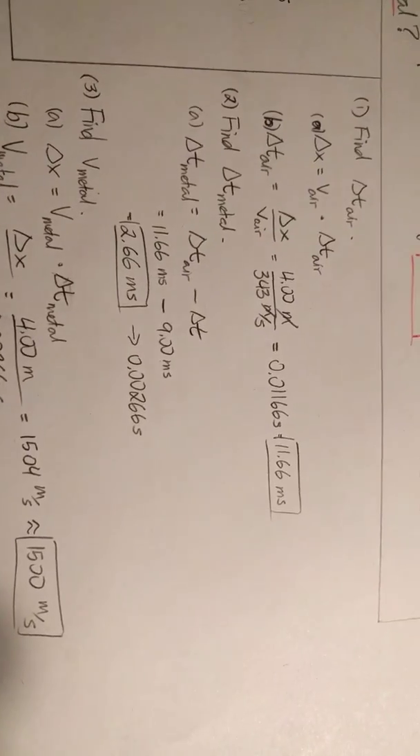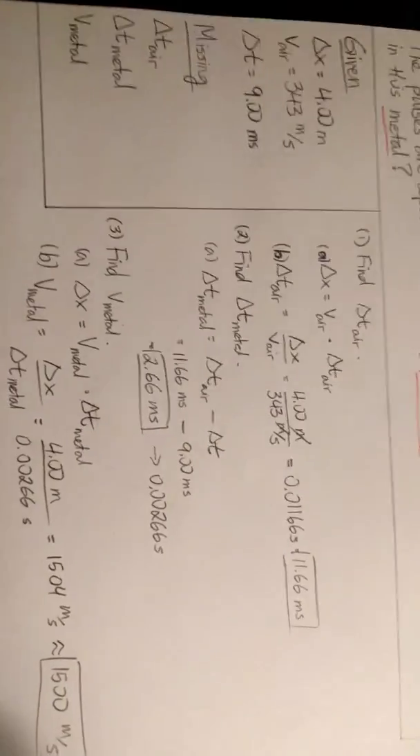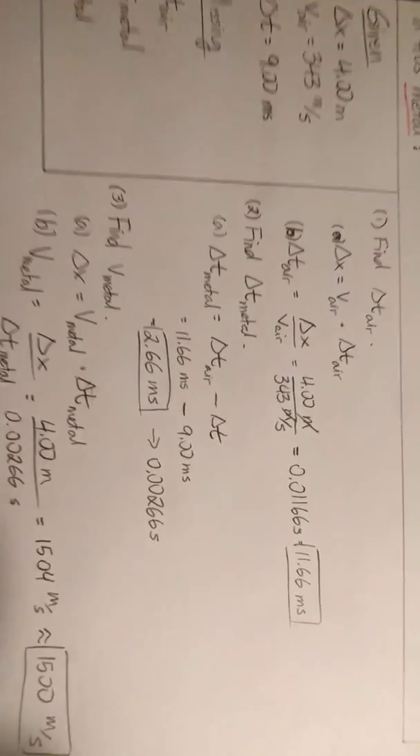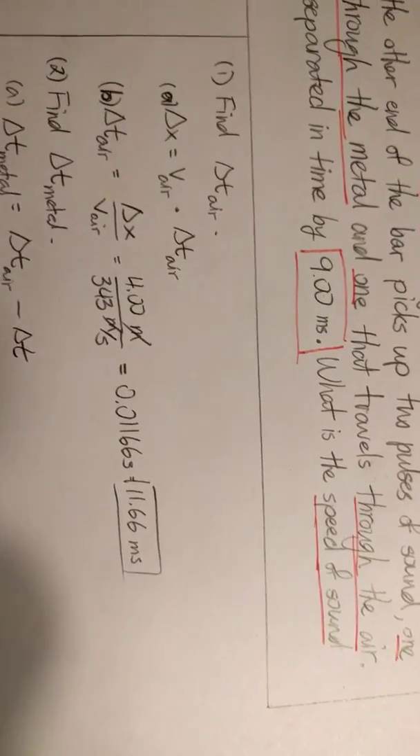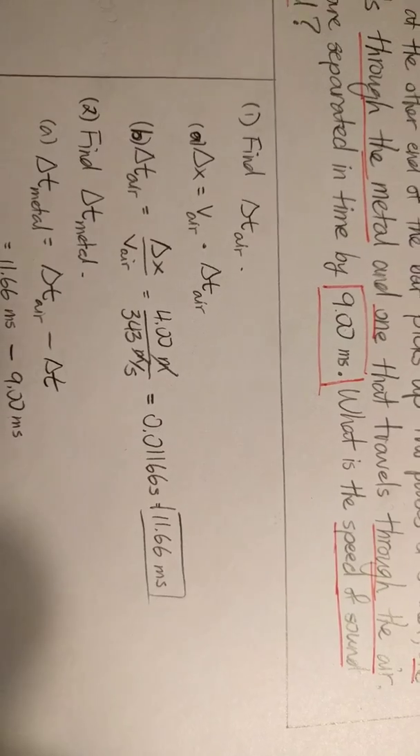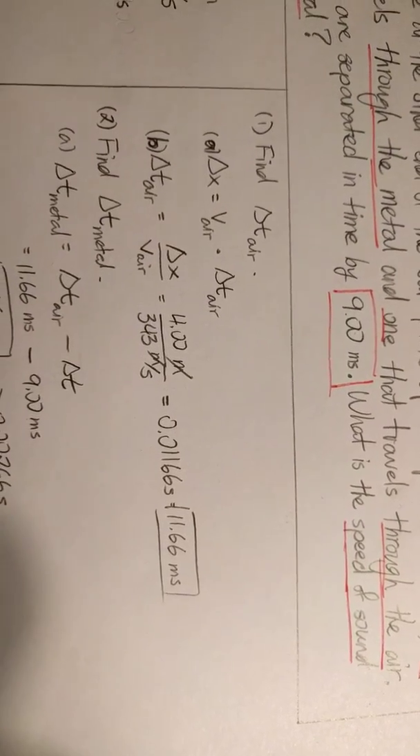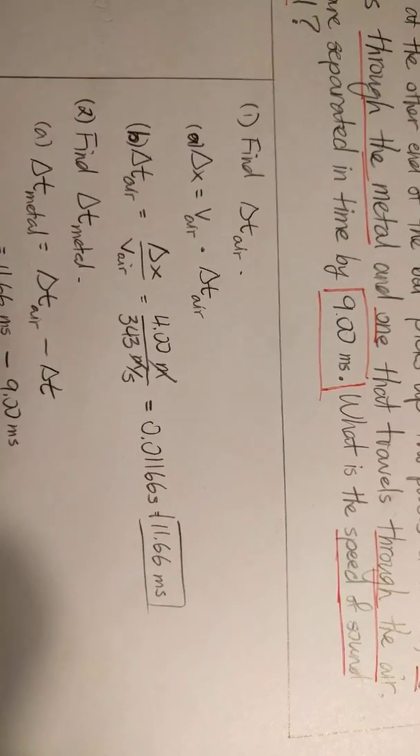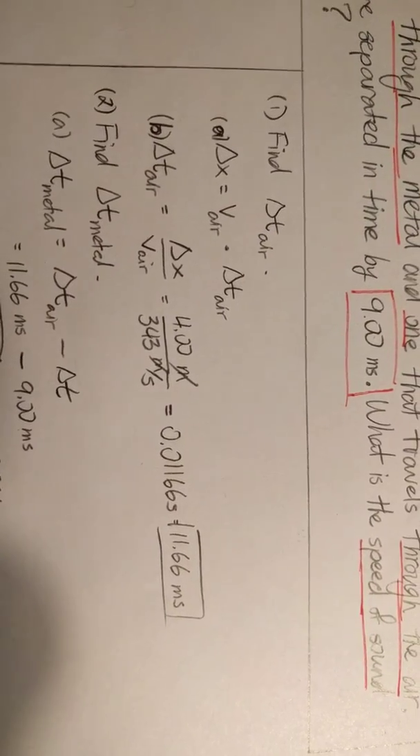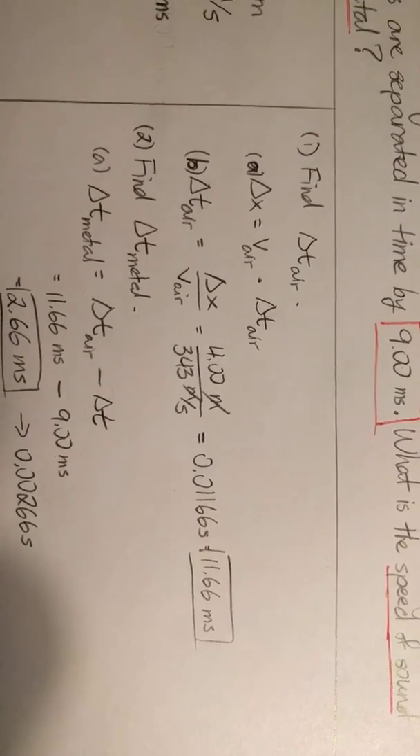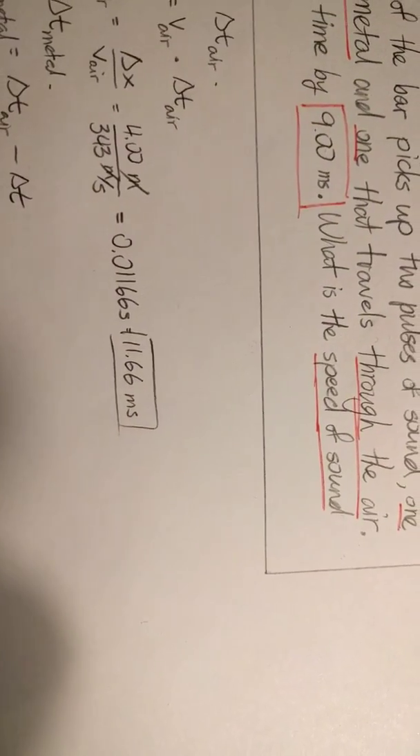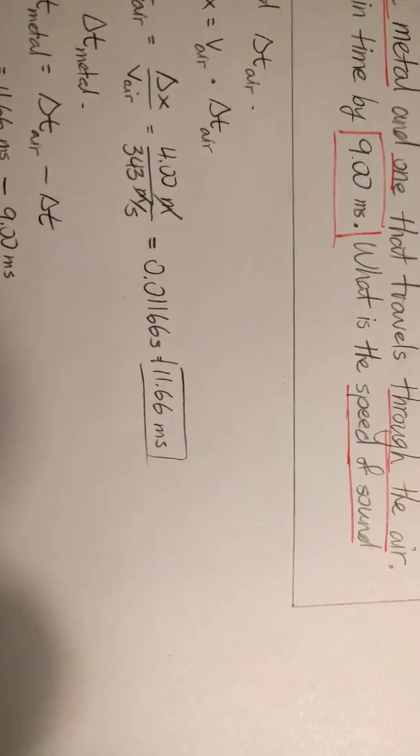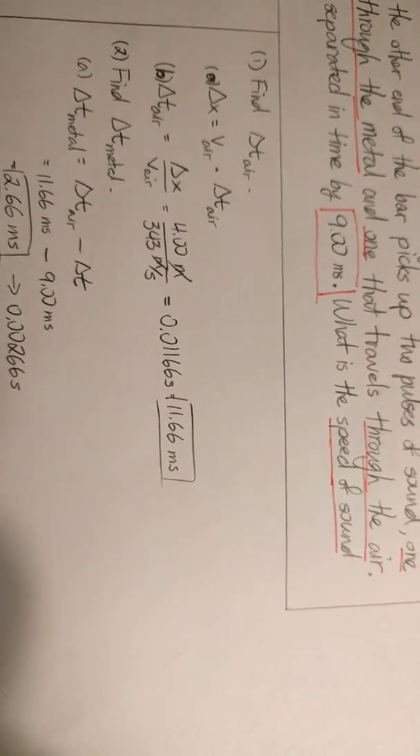Alright, to the process. Bam! So first off, finding the time it takes in the air to travel, which can be done here in the first step right here. Finding delta t in air, we will be using the formula delta x equals velocity times time. Set that up to solve for time, which is t equals x over v. Do the math, it will come out as 11.66 milliseconds, just to keep units consistent as it was stated in